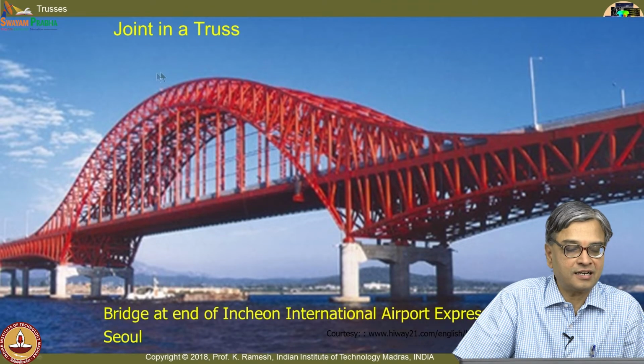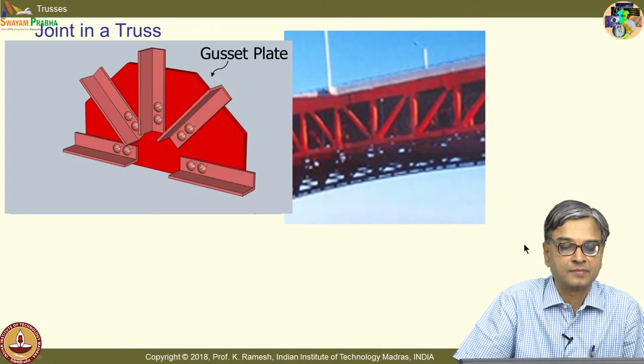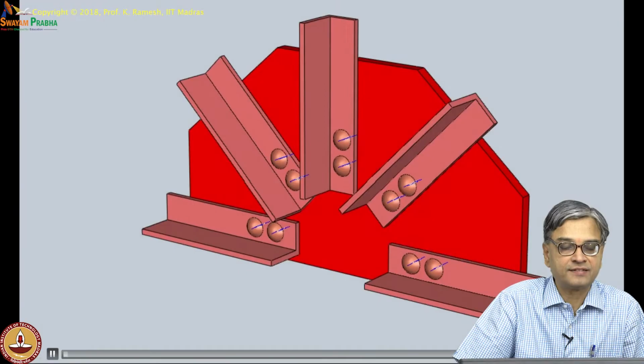This is another interesting truss. The structure is very interesting. I have this below the bridge, and then in this segment this is above the bridge to allow vehicles and boats to pass through. And we would look at a typical joint in this truss. So, this is a joint that we are going to look at, and if you look at the details,